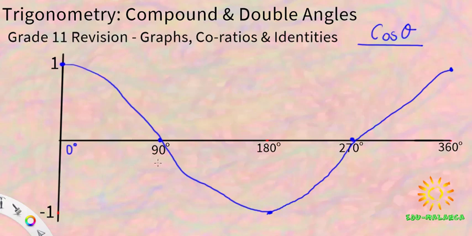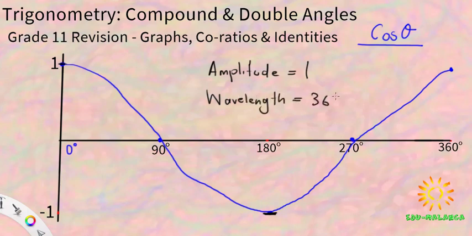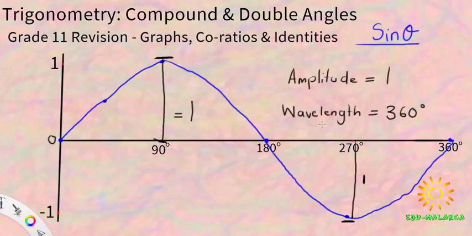Sorry, my sketch is a little bit crooked. It's more of a smooth wave than this crooked line that I've drawn, but we can see the important features. Let's again check the amplitude of our graph. Our amplitude is equal to 1. We can quickly see at 1 it stops, and at -1 it turns again. This is our crest and this is our trough, and our wavelength is also the same. It's 360 degrees. So the amplitude of the cosine and the sine graph are exactly the same, as well as